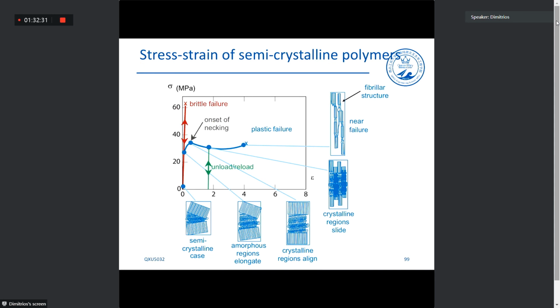And finally, semi-crystalline polymers are the most interesting materials in terms of the stress strain behavior, because amorphous regions and crystalline regions deform differently. In the elastic part of the stress strain curve for a semi-crystalline polymer, only the amorphous regions elongate. So in the elastic region, the crystalline parts are not affected by the application of strain. Only the amorphous chains are starting to orient along the direction of strain. And then when we reach the yield point,